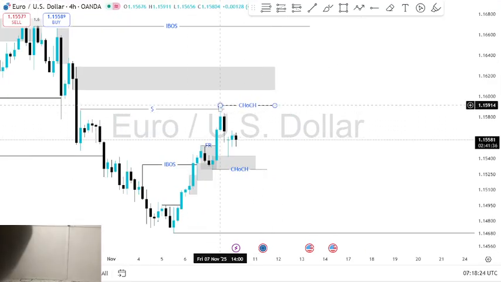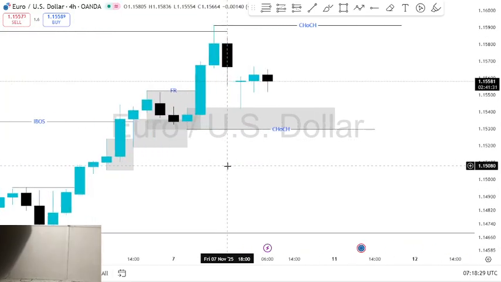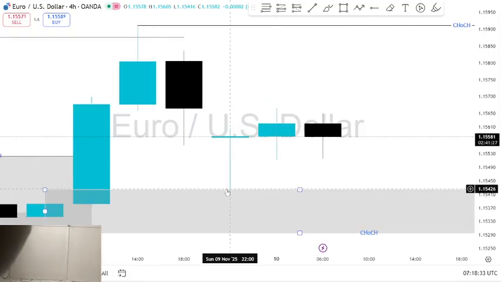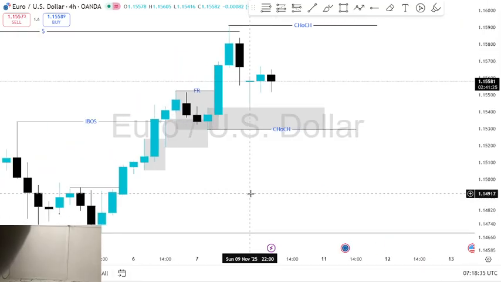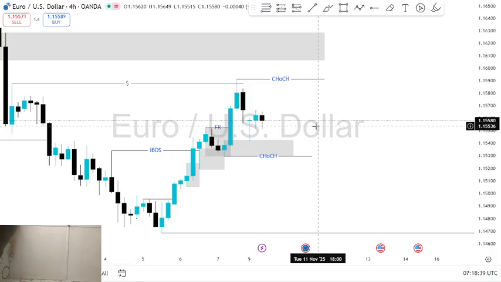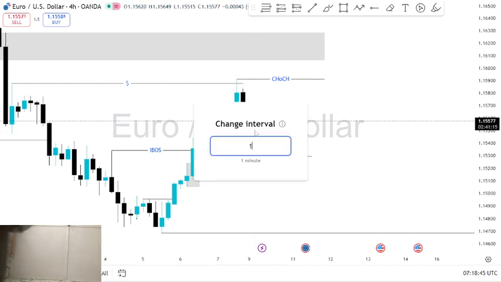So we served liquidity, we have moved to the downside. We've mitigated, yes, we've mitigated the 4-hour flip sweep demand zone. So we were expecting,